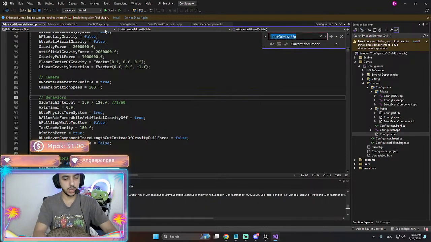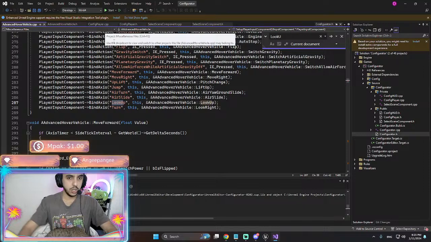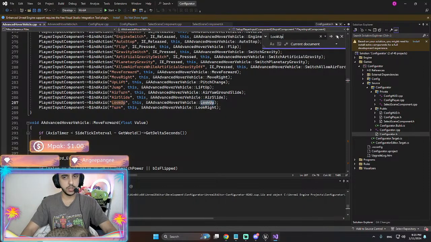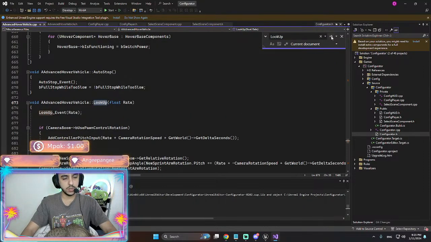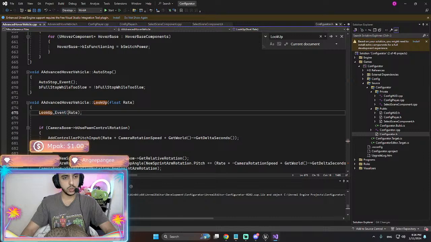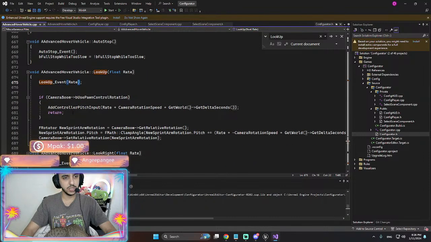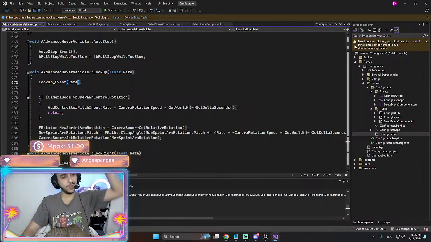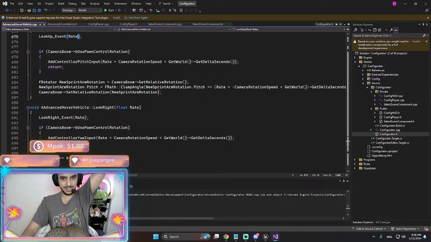I have a look up function here. I'm gonna see what I've done before. I'm gonna do the same thing here. So lookup event, this event is something else. Don't care about that. Oh yeah, for the looks it's okay, but for the movement, it's not.